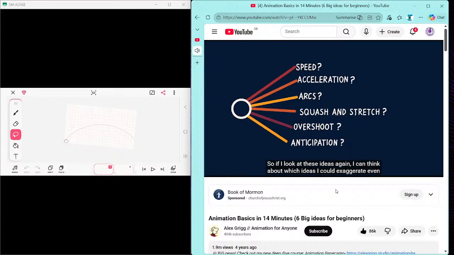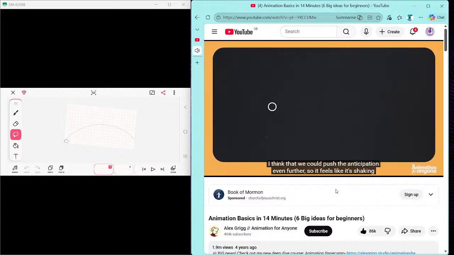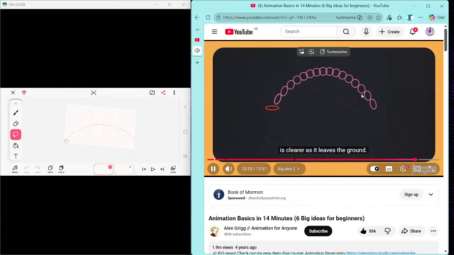So if I look at these ideas again, I can think about which ideas I could exaggerate even more. I think that we could push the anticipation even further, so it feels like it's shaking and building up energy just before it jumps. I think that I could fine-tune the spacing a little bit more so that the acceleration is clearer as it leaves the ground. And I think that I could exaggerate the overshoot even more by adding a stretch frame. This means that it'll have a kind of double overshoot, making it feel